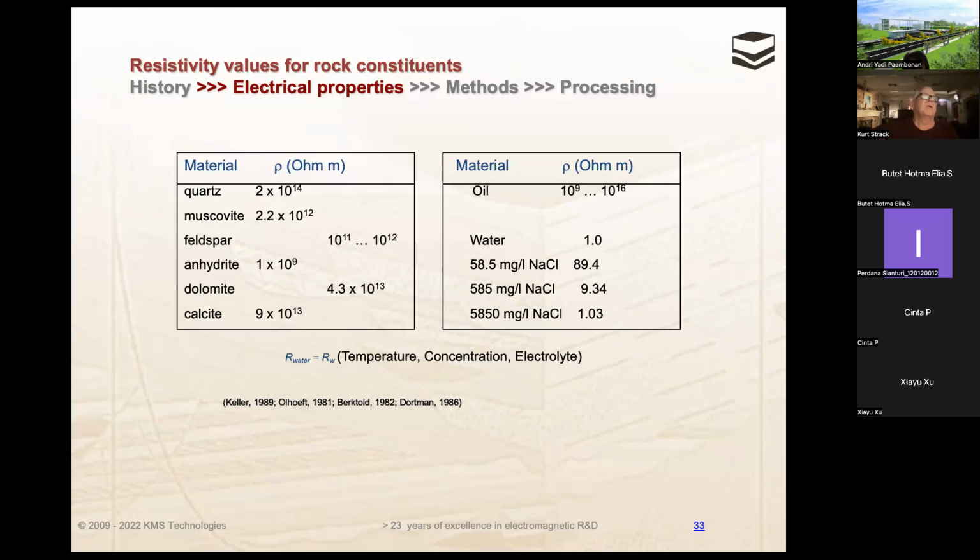And water has a resistivity of 1 ohm meters, and oil a resistivity of 1,000 million ohm meters and higher. And then salt water has a resistivity between 1 to 100 ohm meters. So salt water is important, brine and water is important in order to tell us something about the resistivity of